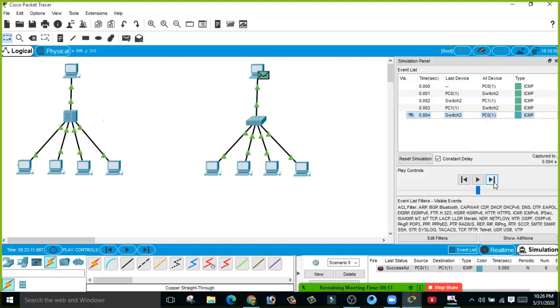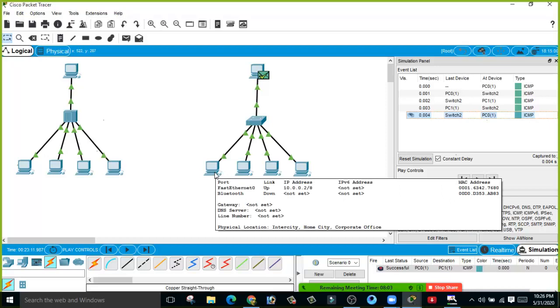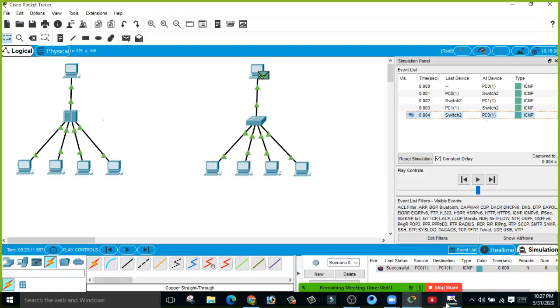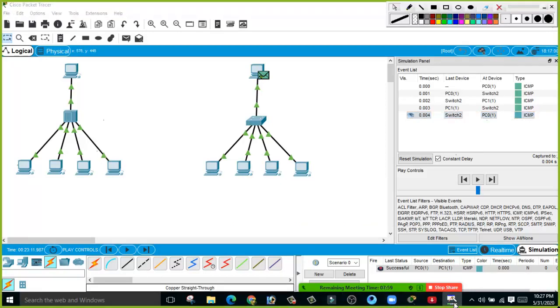Why this is happening is, see, for the first time the switch doesn't know out of all of these 4 computers who is 10.0.0.2. So what it is going to do, it is going to send a broadcast message to all the devices.